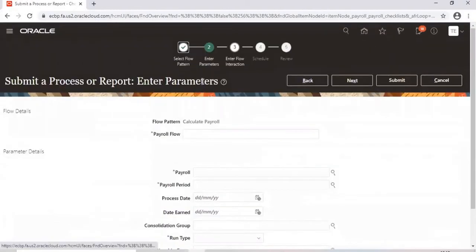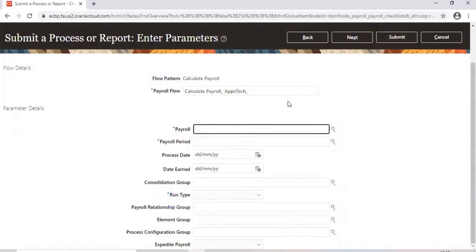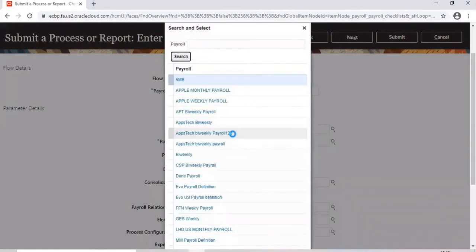you have to give a name here every time. So for calculate payroll, I would say Abstech, the second period, maybe we will give 17th, whatever period that we are going to process. Here we are going to select the payroll. I will give a name, and I will finish the name anyway. What is our payroll? Abstract payroll 1, 2, 3. This is the payroll.